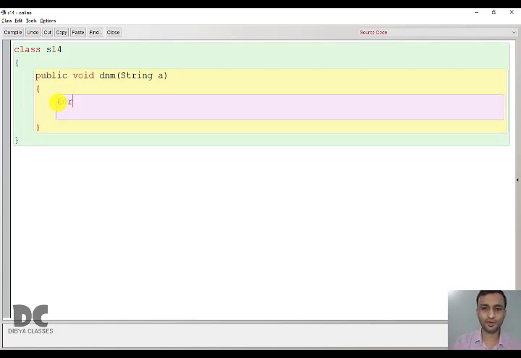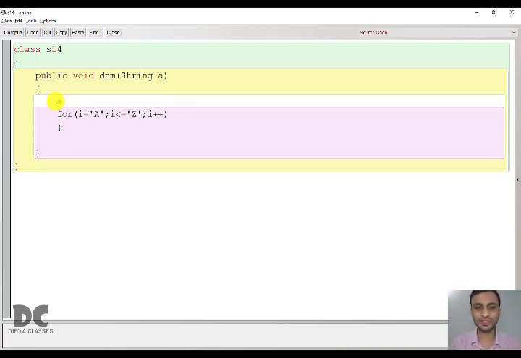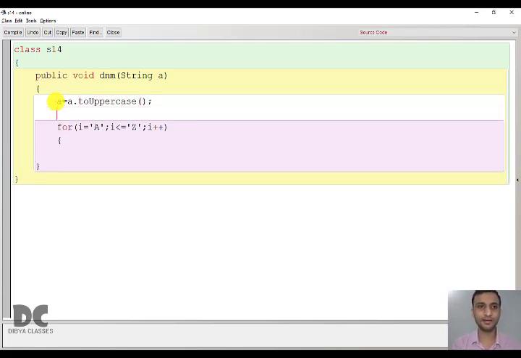So now we'll take a for loop which will start from A and it will end at Z. That is all the alphabets. We're taking a word which will contain only alphabets. So before that we need to convert the string into uppercase so that it will be easier to solve. And we also need to find the length.